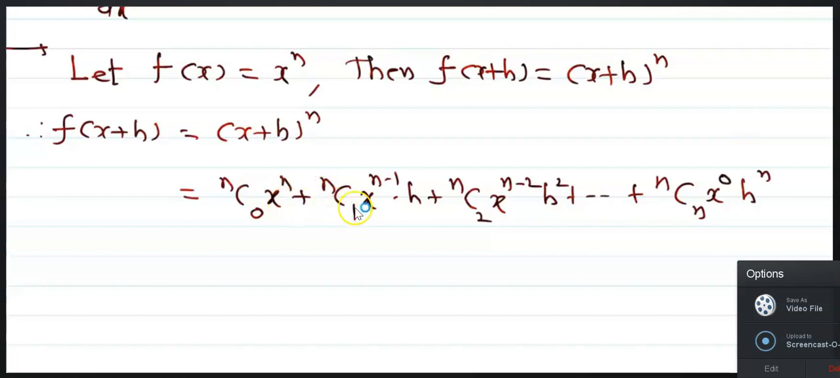नंतर किती nC1 x ची पॉवर एकाने कमी केली आणि दुसरी एकाने वाढवतो. या प्रकारे आपल्याला असं मिळतं की nC1 x^(n-1) h, nC2 x^(n-2) h², plus dash dash plus, आणि लास्ट टर्म काय असेल आपल्याला तर nCn x^0 and h^n. Now next